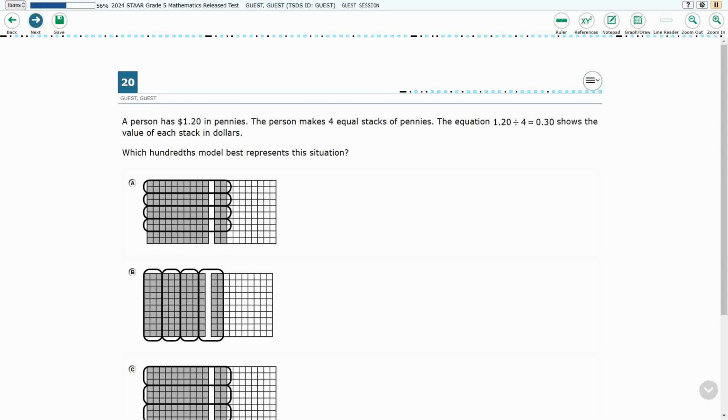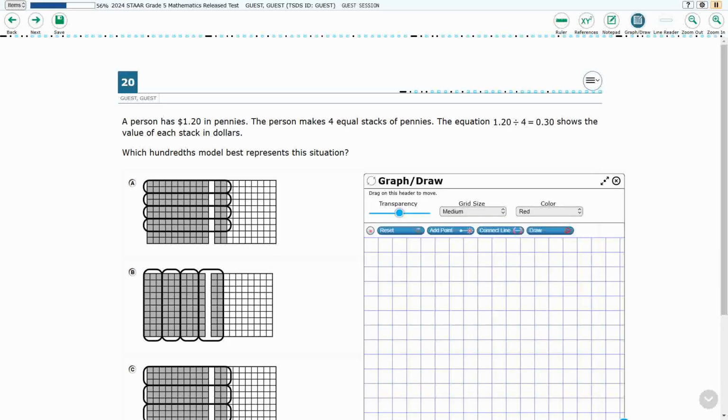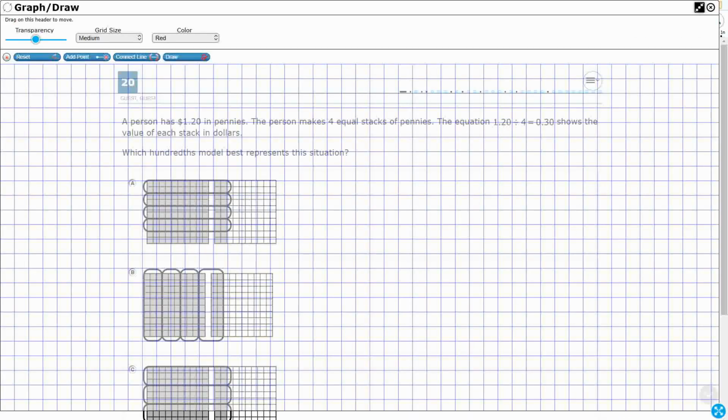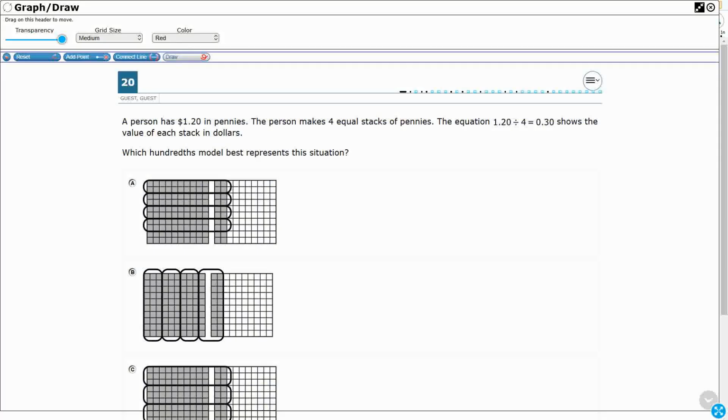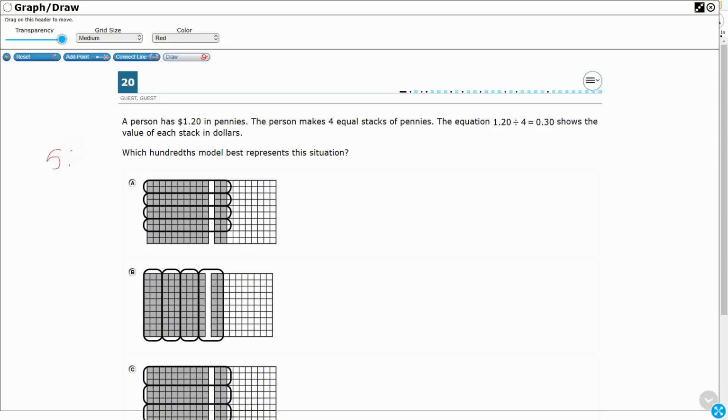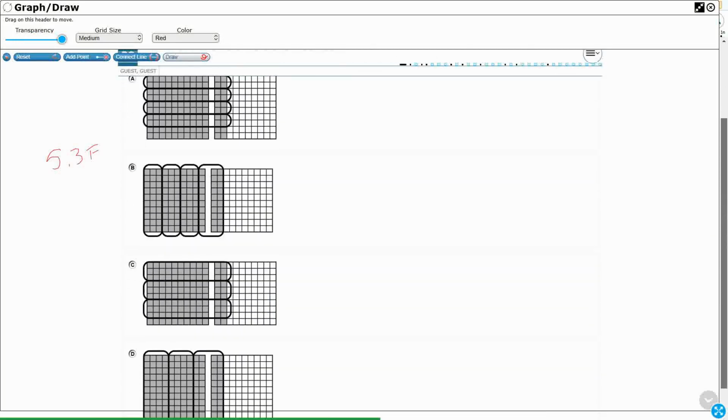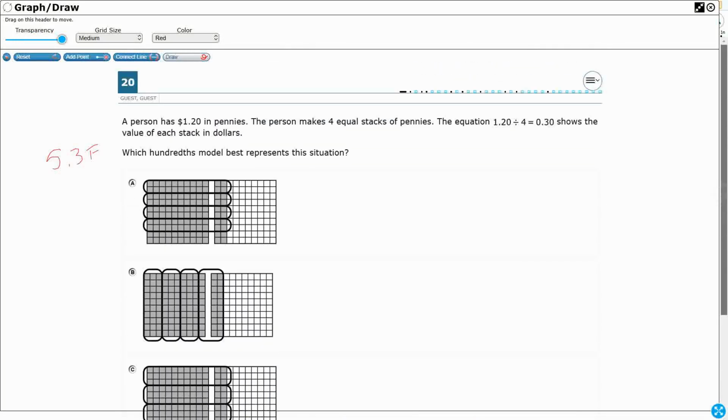So for number 20, we are looking at decimal division with models. This is standard 5.3F. And we've got some visuals here if we scroll down. So let's see what we're looking at. Person has $120 or $1.20. It's 120 pennies. 4 equal stacks. Okay, so